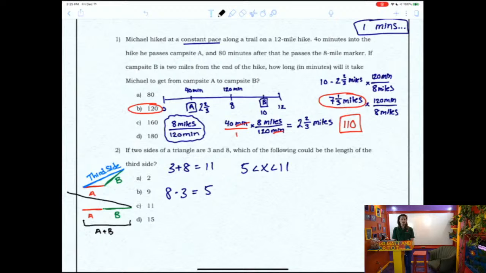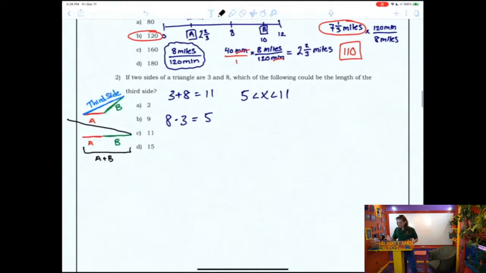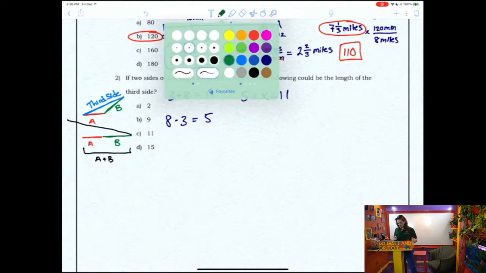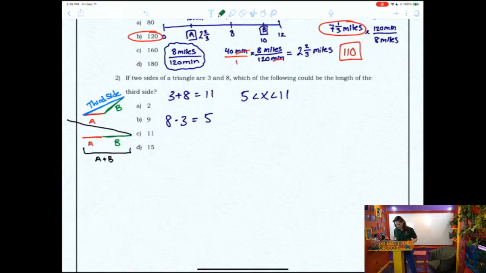It's physically not possible. Because the side that I made in black ink would always extend out past the sum of the other two parts, so you'd never get those two side lengths to actually connect. The same is true about the difference. If instead of laying them next to each other, I overlapped them, so this is B, and instead I drew A like this,